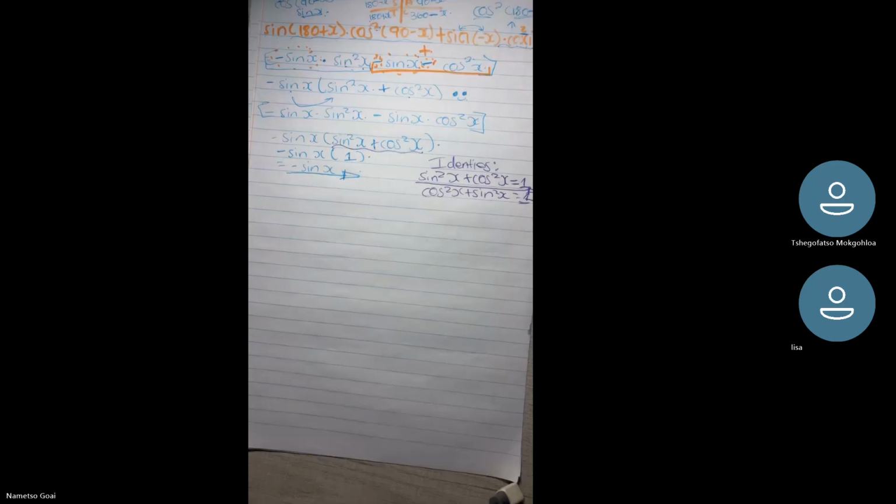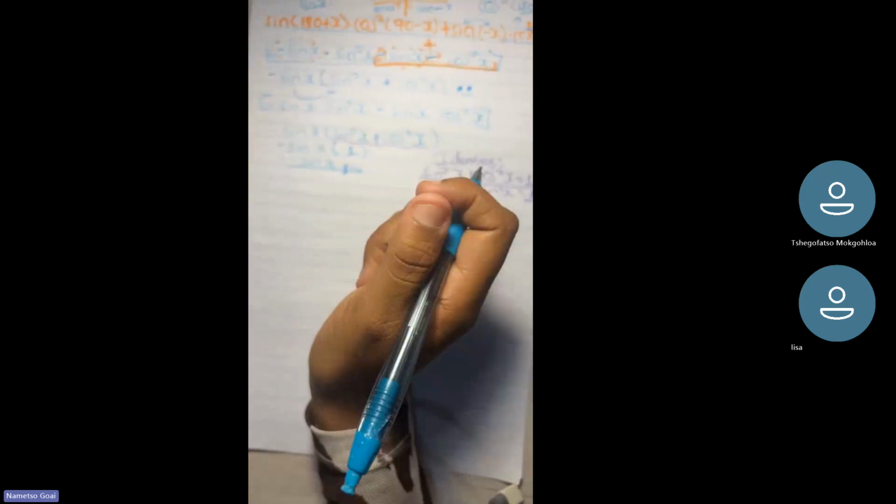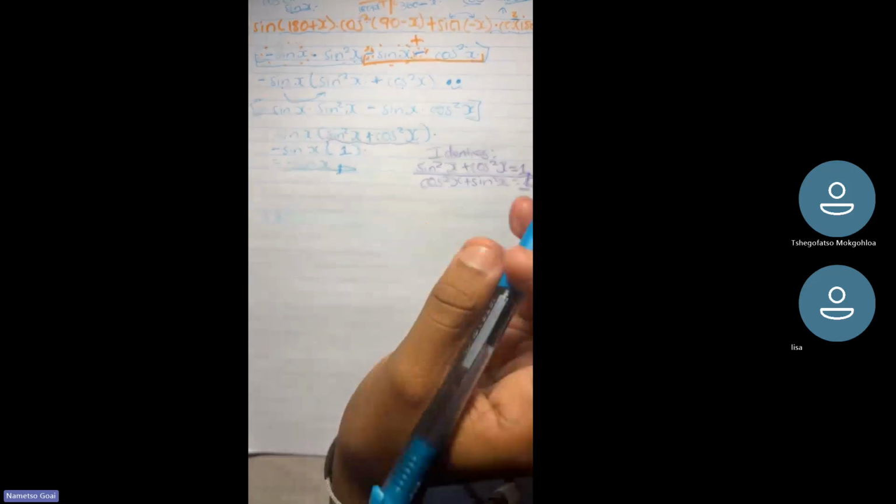3.3. Okay, so for 3.3, they're saying evaluate without the use of a calculator. So over here, we're going to use what we call reduction formulae. So for 3.3, we have